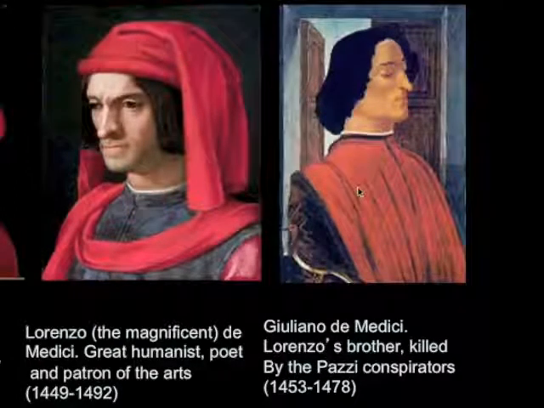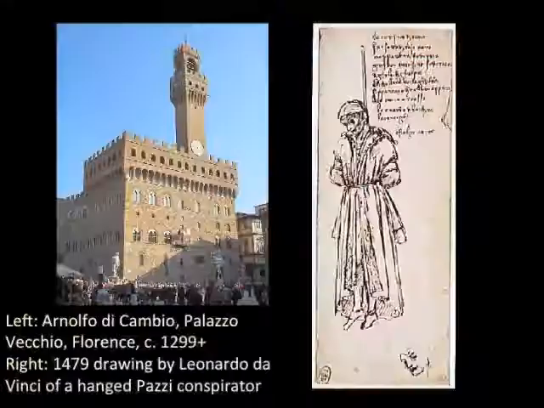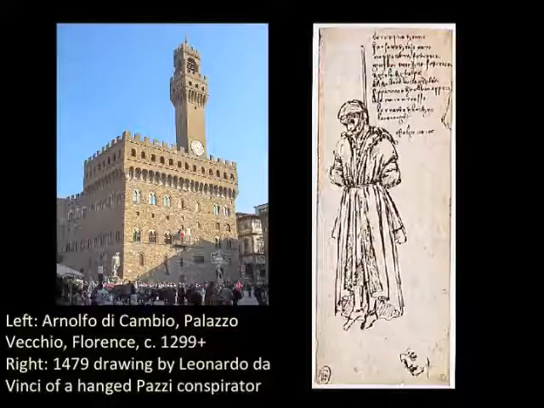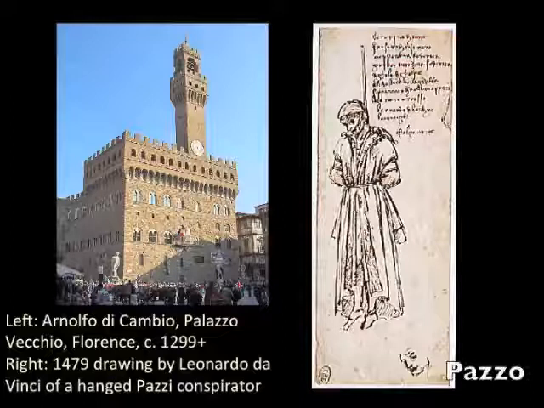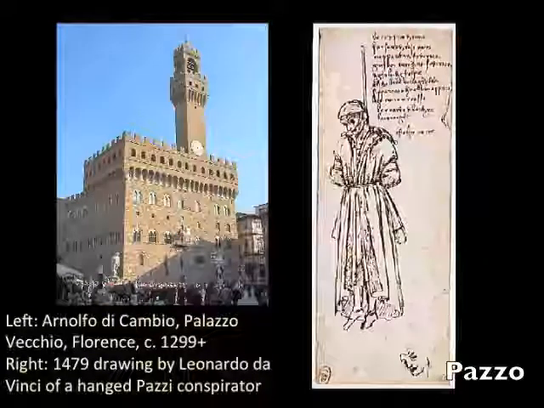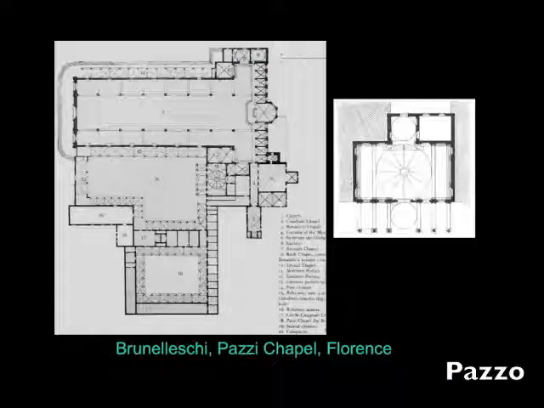The Medici rally their forces. They catch the Pazzi, they kill them all, and they hang them from the tower of the Palazzo Vecchio, one of those spindly little medieval towers we've seen. And they hang them there until the crows eat all their flesh, and their bones are carried away. And in addition to remind people, don't mess with the Medici, very, very prudent lesson to learn. But also the word pazzo, which is singular of pazzi, was prohibited for several hundred years. Pazzo. The name was wiped out of the Italian language.